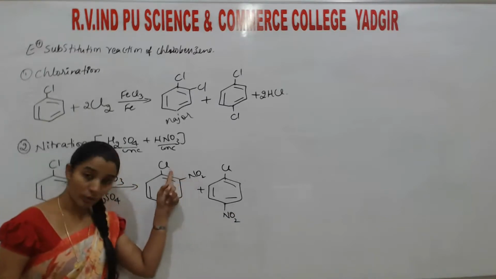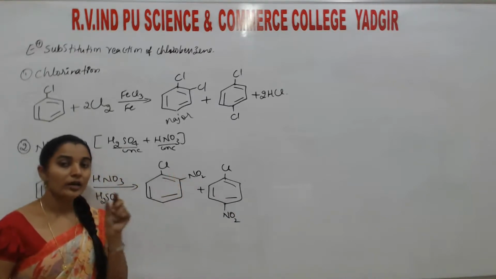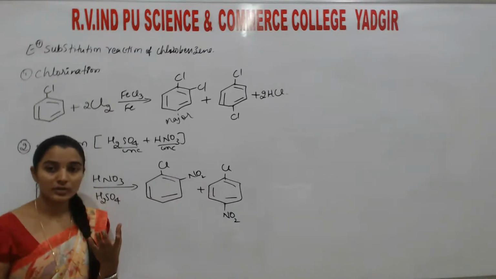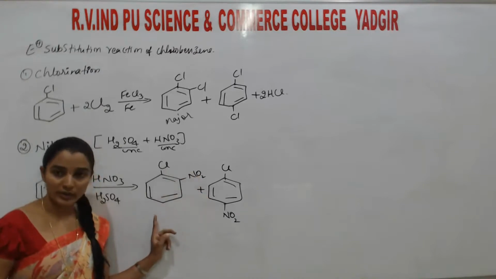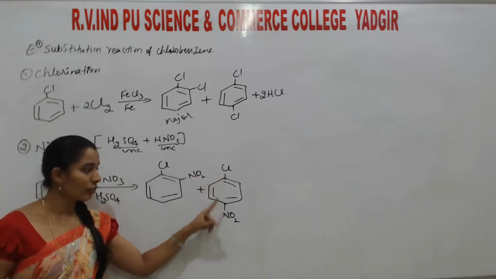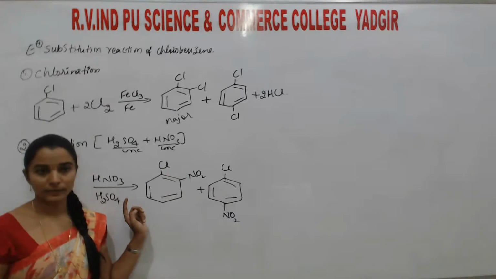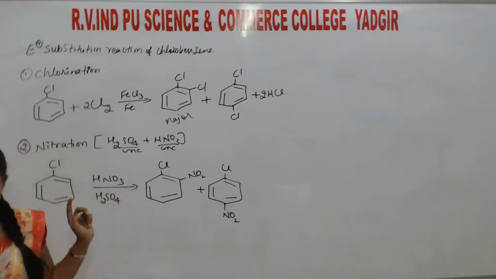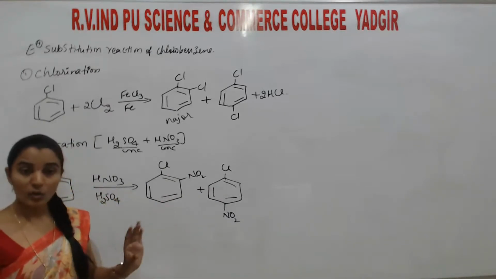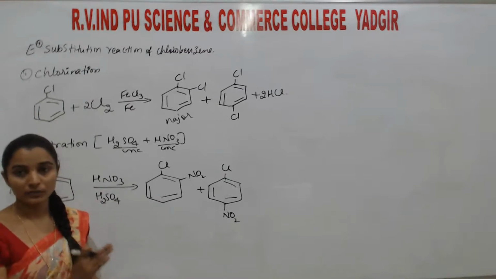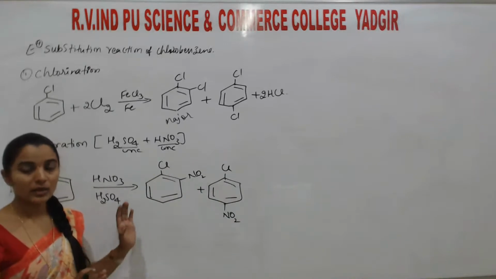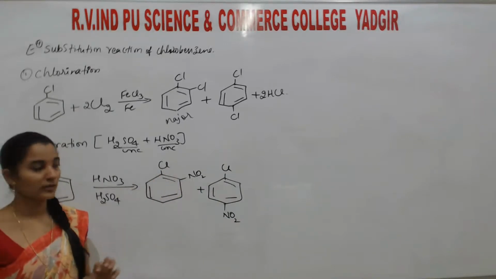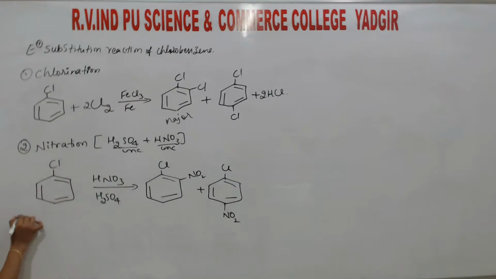Among nitro and chloro, according to alphabetical order, which comes first? Chloro. So this is ortho-chloronitrobenzene. This is para-chloronitrobenzene. Understood? So for these, they won't ask any reaction, like they won't ask any explanation. They'll just say chlorination of this, nitration of this, like that. So the third one is